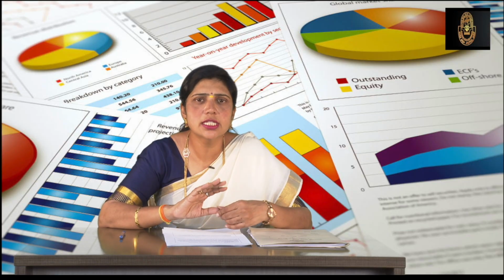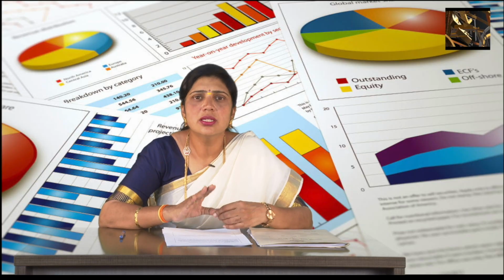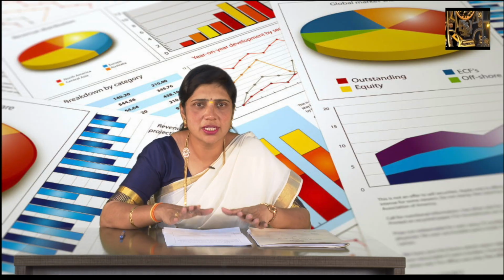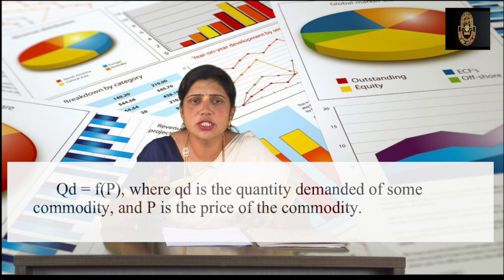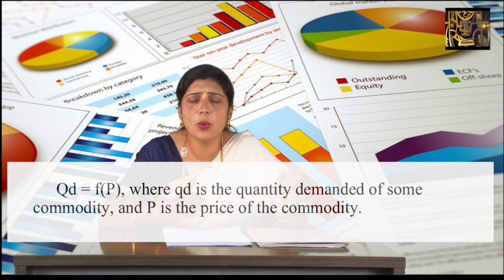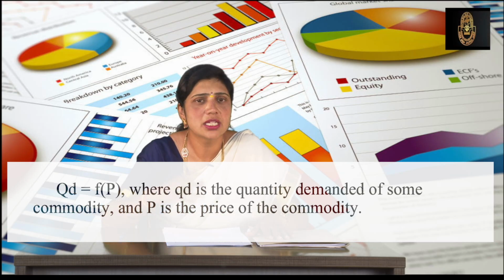The hypothesis that quantity demanded depends on the price of the product is written as QD = f(P),